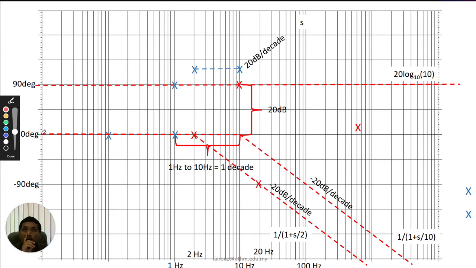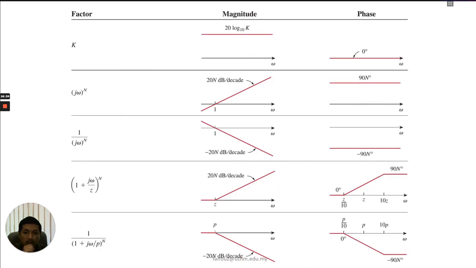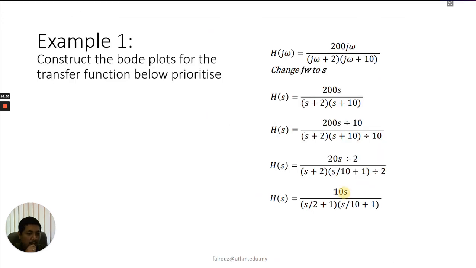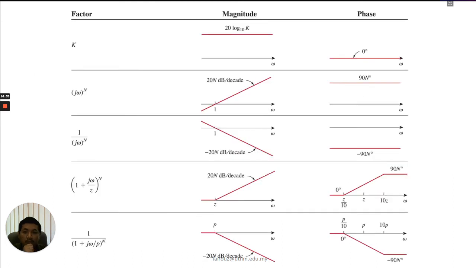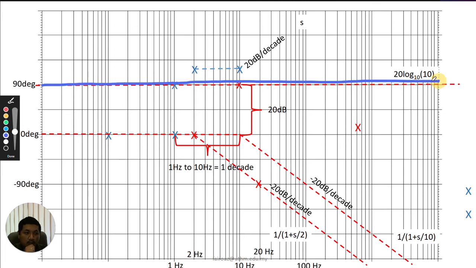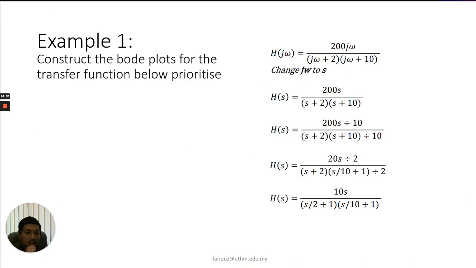The first factor is K, but for K it is 0 degree. That is one. Next is S, order 0. S is at 90 degree, so therefore we have 90 degree. That is the second factor. This is the second factor here. Alright. Next is 1